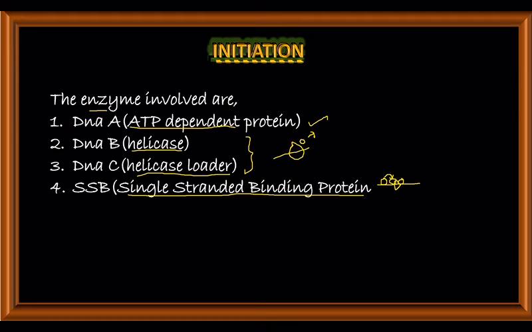Next is RNA primase. It is indeed a very important enzyme because DNA polymerase cannot add the first nucleotide. It can add a nucleotide only when 3' OH is present. That is, when another nucleotide is present at the starting point, it can only extend it. Whereas RNA primase can add the first nucleotide without the 3' OH. So it is a very important enzyme. Now we can see how it works.